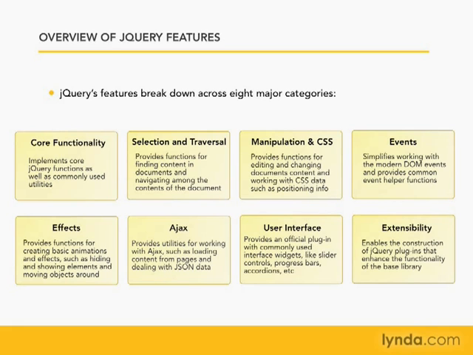And the Extensibility category is what enables the construction of jQuery plugins that basically add on to the functionality of the base library. Now, in this particular course, we're not going to be covering the Ajax and Extensibility categories because those are pretty advanced. So we're going to be sticking with the other 6. And that's the focus of the rest of the course. So if you're ready,